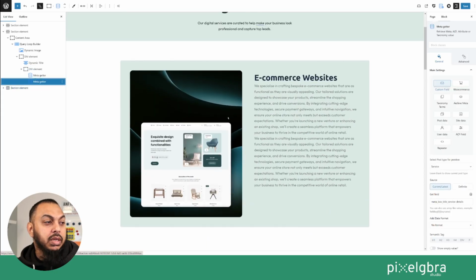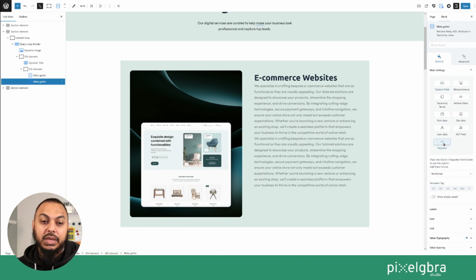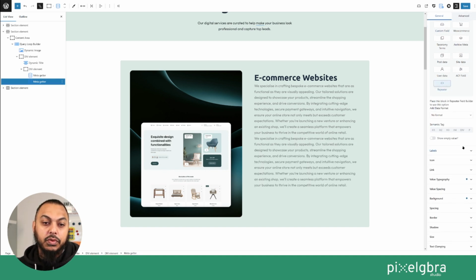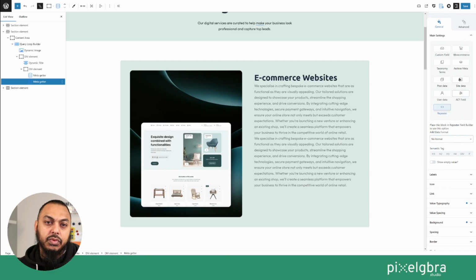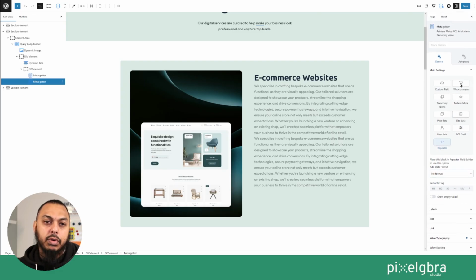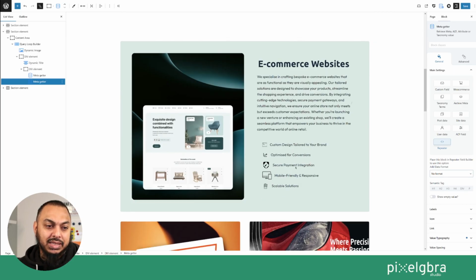Perfect. So I've got this meta getter, second one, custom field. Actually, in this one, I want a repeater, right? I want it to be a repeater. But when I do that, it seems like there's no options here, right? And that's the kind of problem I was facing initially. So what do I want as my repeater? I want this text and I want this icon, right? And so how do I get that,